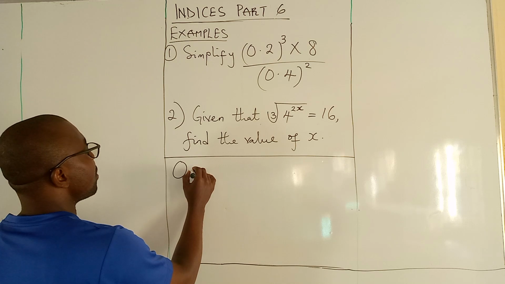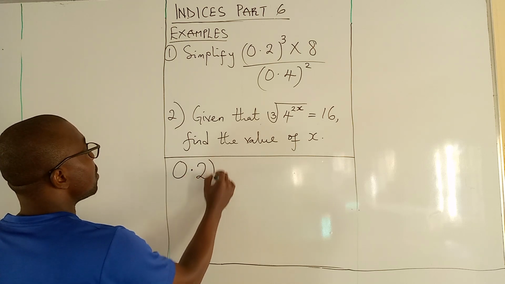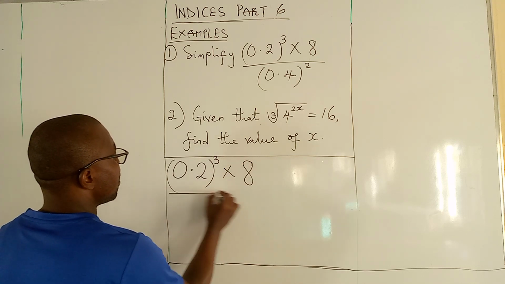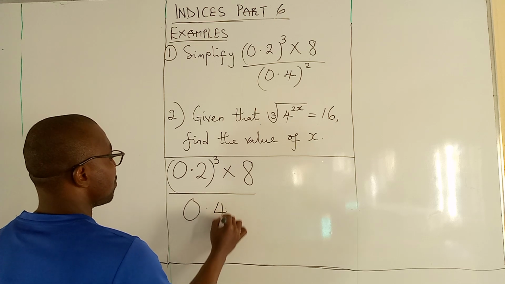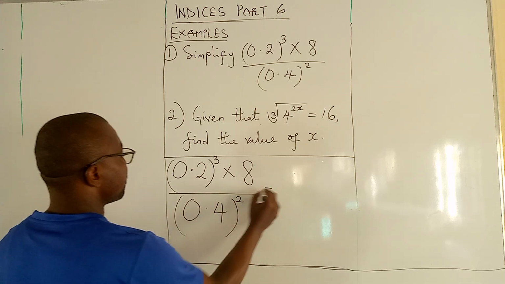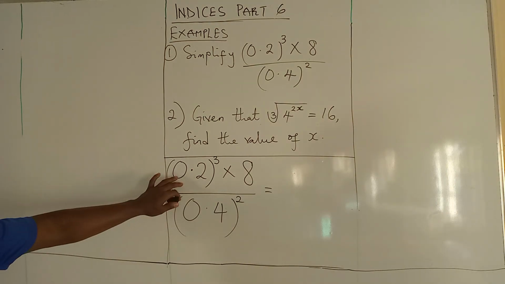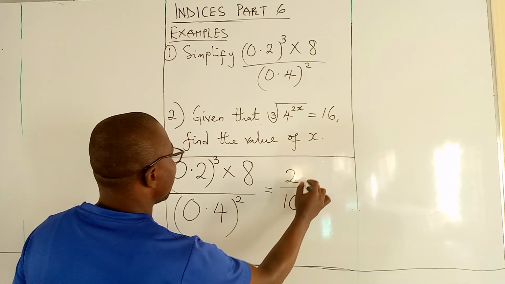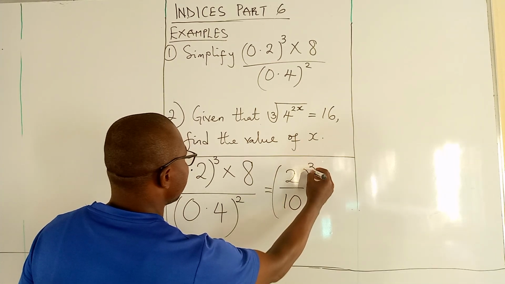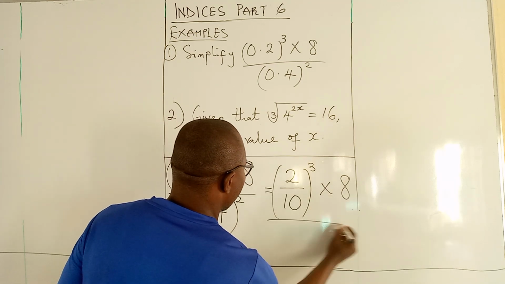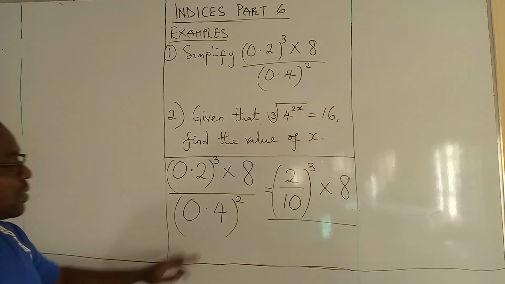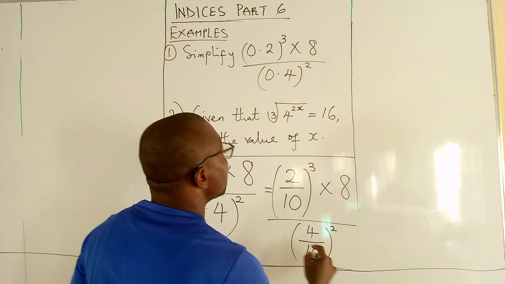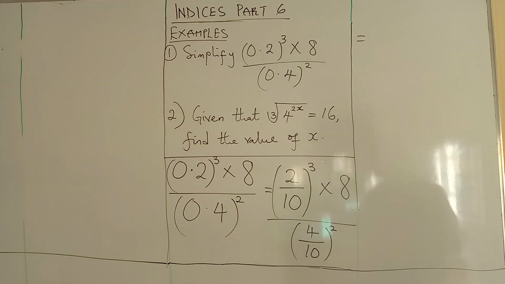You want to simplify 0.2 raised to power 3 times 8 all over 0.4 raised to power 2. 0.2 is the same thing as 2 over 10. Then there is already power 3. Then times 8 all over 0.4, which is the same thing as 4 over 10. Let's continue at that point. Now,